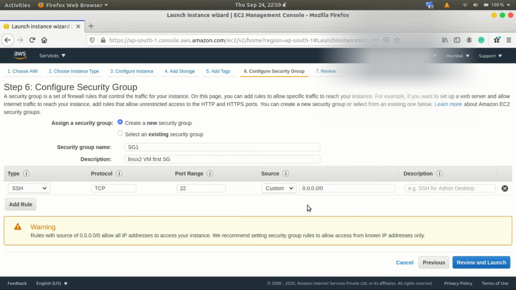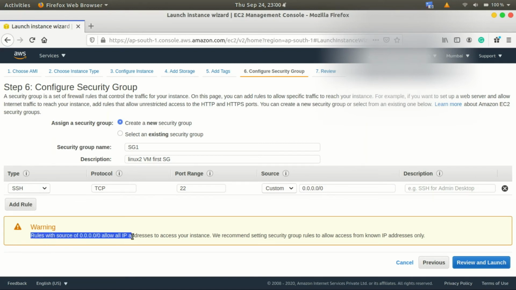And then if you see, the default selection is that it's allowed to all. Okay, so this is a Linux VM for SSH. I can change it to anywhere or my IP. Currently in custom it's selected for everyone, so everyone can actually log into my instance if he has the keys with him or her. So even the warning is saying the same thing.